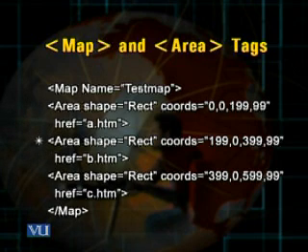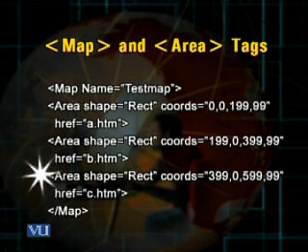In the second area tag, the coordinates are different for the quads attribute. You can see 199, 0, 399, 99. These 4 coordinates mark the region B. And using the href attribute, I keep its value b.htm, which means that by clicking this region, the user would be diverted to the b.htm file. That file would be opened.